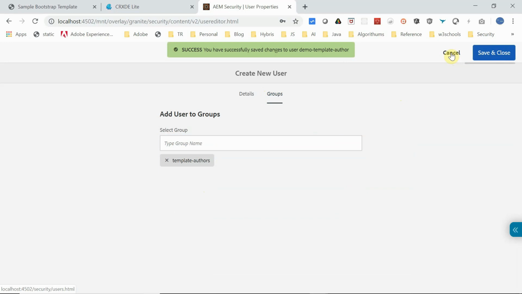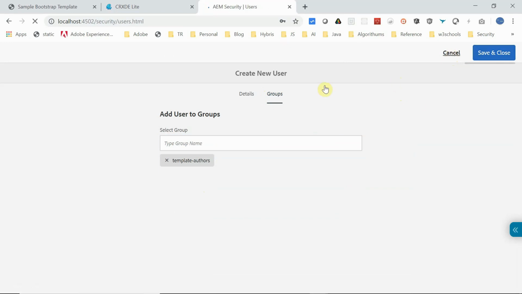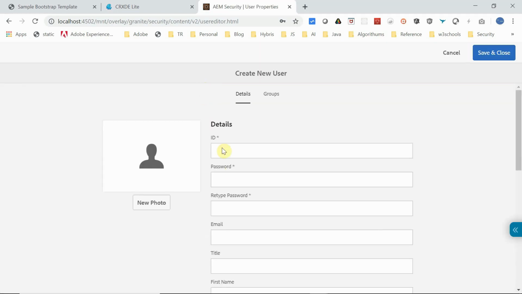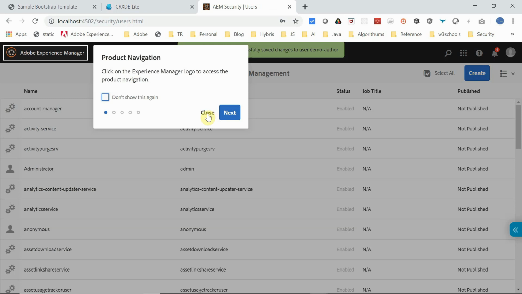Now I need to create another user. I'm going to create demo author here. I'm not going to add it into any group, because in a real scenario you have to configure it with the group, but I am going to provide the permissions directly for this scenario.